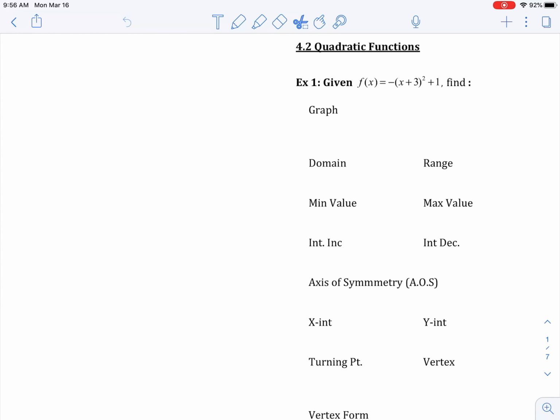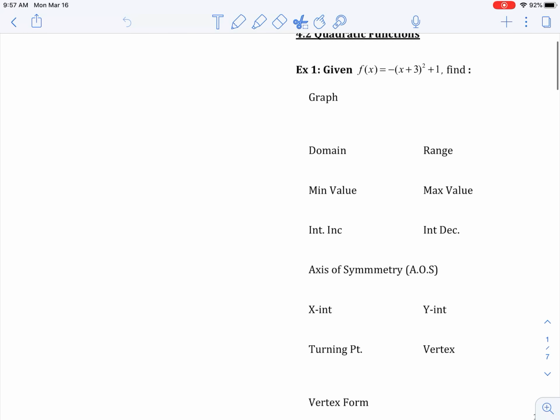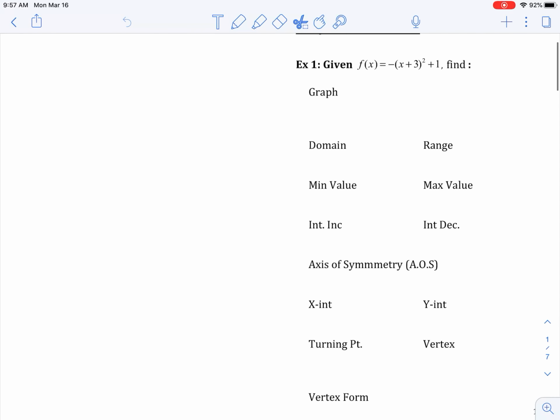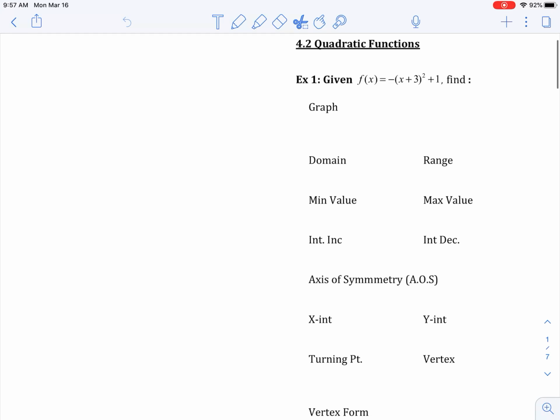Okay, gentlemen, we are going to start with 4.2, quadratic functions. If we look at example 1, we're going to start with something that you're familiar with, a little review here. In terms of the equation, f of x equals a negative quantity x plus 3 squared plus 1, we should